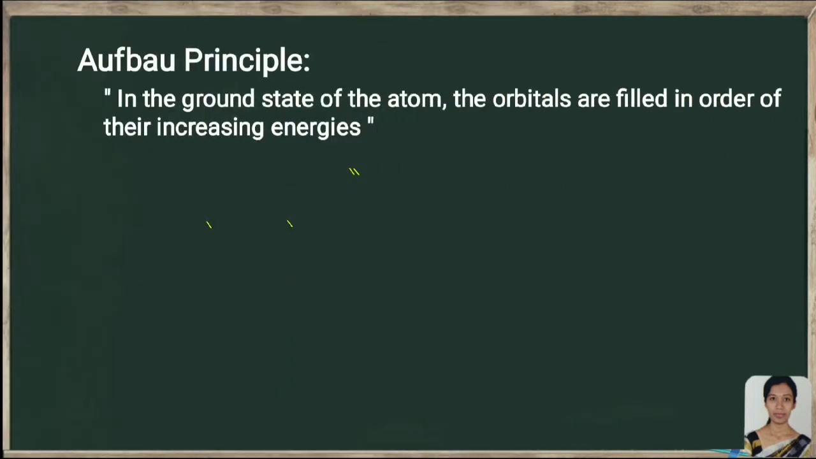First one is the Aufbau principle. It goes like this: in the ground state of an atom, the orbitals are filled in the order of their increasing energy. So for example, you can take lithium with the atomic number 3. If you want to arrange the electrons, protons and neutrons are at the center, around which the energy orbitals are placed. When we are filling electrons into orbits,